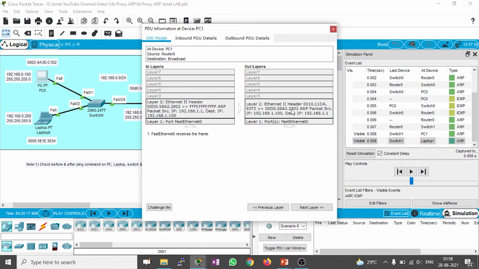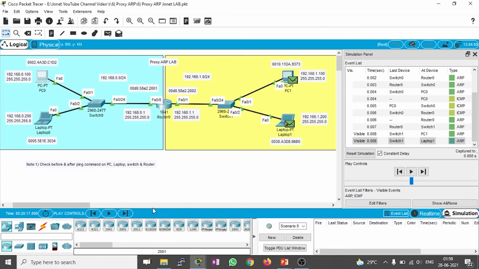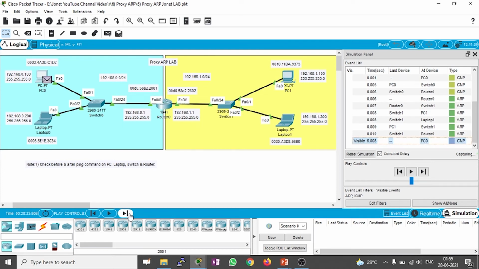Now this client is going to reply for the packet. It changes 192.168.1.100 as the source IP, and the destination IP will be your gateway, that is 192.168.1.1. Now again the communication will happen to the switch. Now this switch will not broadcast it because it already learned the MAC address. It will forward to the gateway, then this gateway will forward to the switch. Like that, this communication will happen for 4 successful replies.